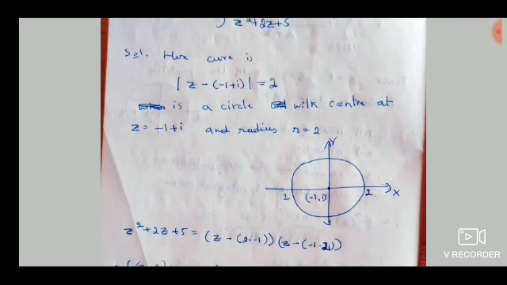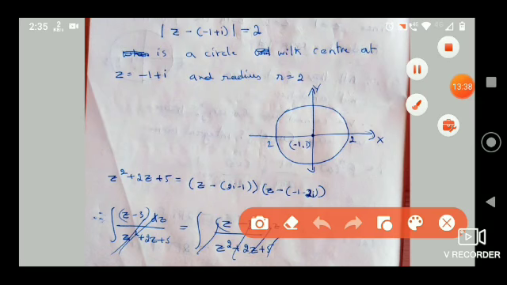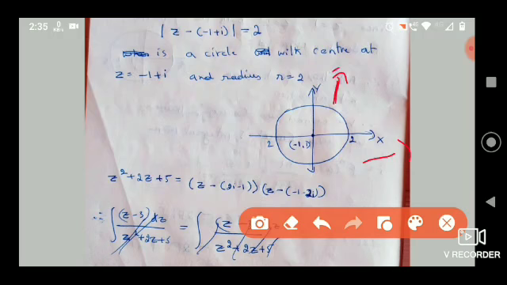In the last problems we had center at 0 because there was no term inside the modulus except z. But here z minus of minus 1 plus i is there. The minus 1 plus i is the center. So just see the picture. Minus 1 plus i. Remember that along the y side it is the i term, and along this it is the real part, or this is the imaginary part and real part. What is the real part? Real part is minus 1, so x-axis is minus 1, imaginary part is plus 1, so this is plus 1, and radius 2.